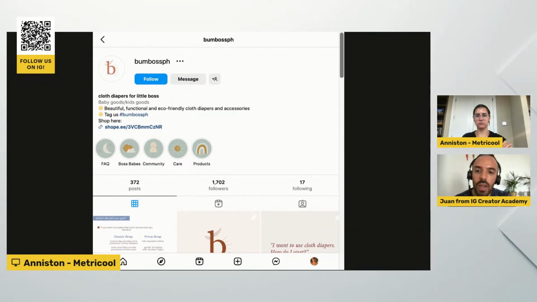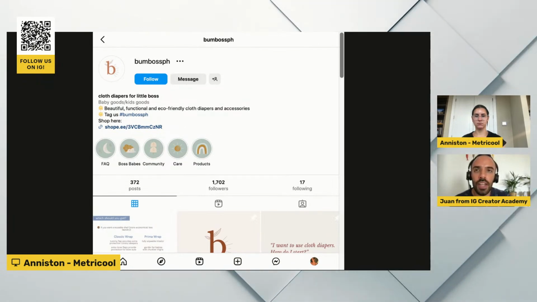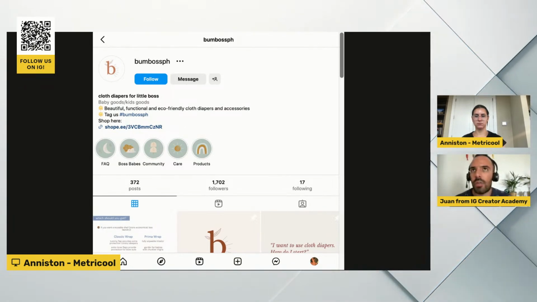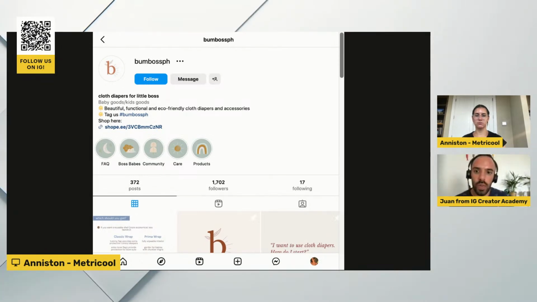And then shop here, okay, that's a call to action and it's basically taking people to shop. But again, if I were a product business, I would offer something for free, like claim your free 10% or 15% or something, so that people get into my email list. And then I would focus on selling through email more than through the link in bio.